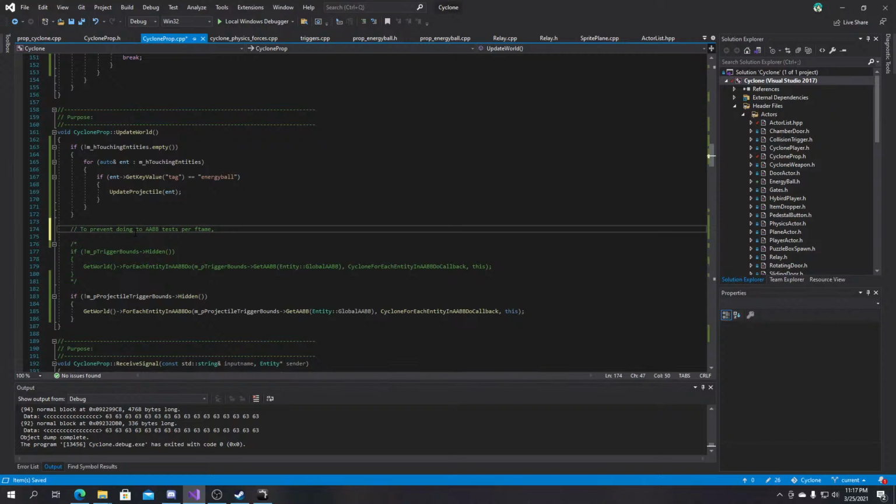Probably should be an update physics, but do the AABB test with larger trigger box, and